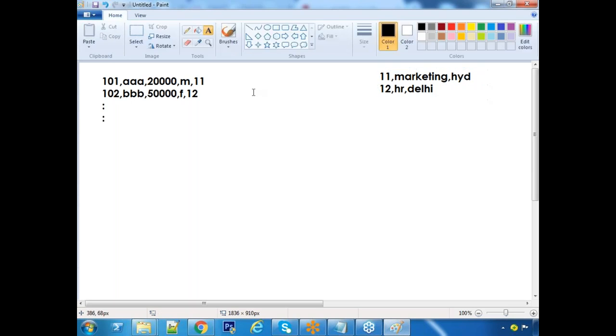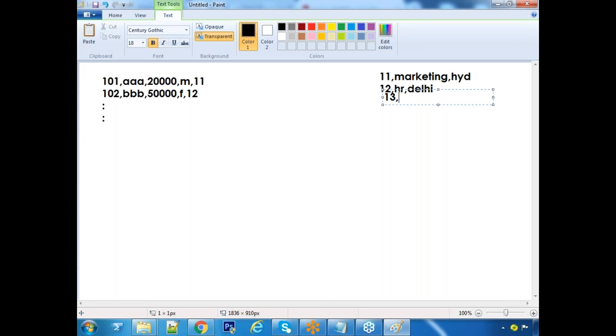So first of all, which is independent file, which is dependent file, you need to get clarity. The department information doesn't depend upon employee. Suppose today I am launching a new department, which is 13. To enter this 13, I don't have any dependency with employee file. But to add one employee, suppose I am saying that 104, name something, salary, sex, 17 I am saying.